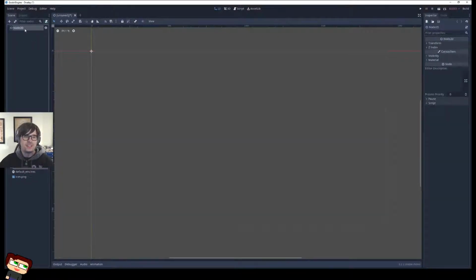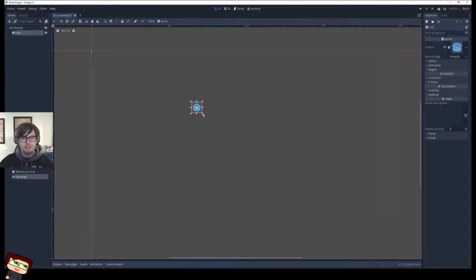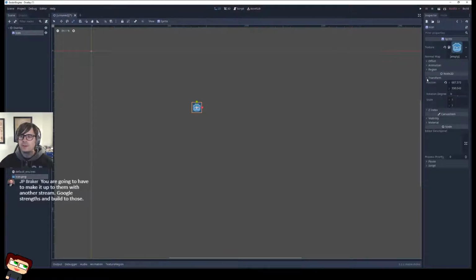Okay, I'm a professional. So let's call this overlay. And we're going to drag our good buddy, the Godot icon, right on here. Perfect. Scale you out, my friend. How am I doing this wrong? Why? How? Why? Transform. Scale it. I want to make this thing 4 times bigger than it already is. Great. Thank you. Put you down here.